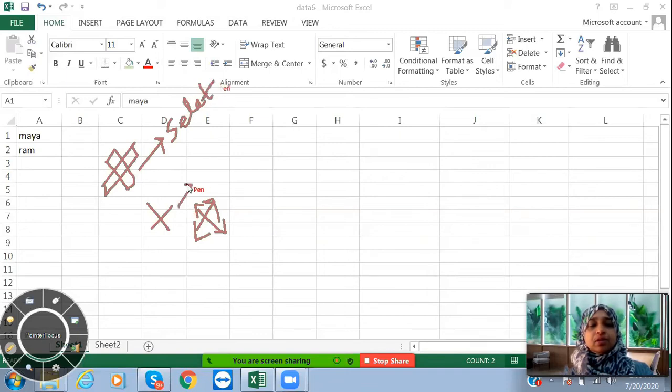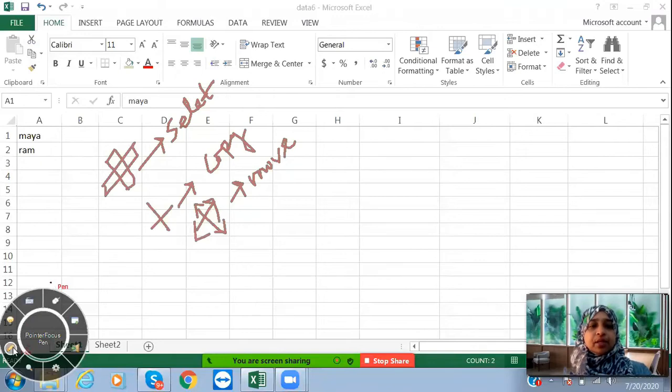And this is for copying the data. And this is for moving the data. So when you use these kind of tricks, then it will be easy for you to move, copy and select the data. This is for selecting, and this is for copying, and this is for moving the data.